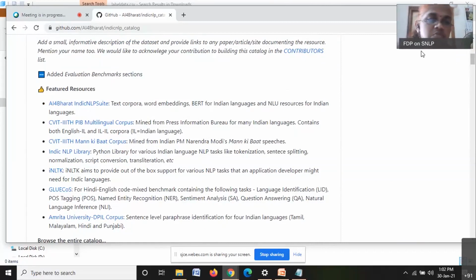Then I mentioned the shared task. To start with, any of these you can have. You can compete in this shared task. Because our tendency is, okay, if not today, let us do it tomorrow. We always have that postponing attitude. But if you want to compete in this shared task, they'll give the data and they'll give the task, what you have to do. How you have to do it is left to you. You can build the models. Even if you do not get good ranks, it doesn't matter. You'll have the data, you'll get to know how you can build applications, and that definitely helps to build confidence in you.